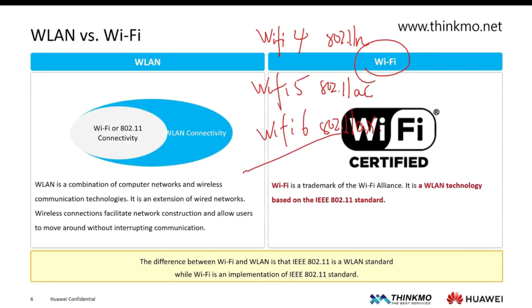What do they actually mean? Therefore, the naming method of Wi-Fi 4, Wi-Fi 5, and Wi-Fi 6 is easier for us to understand and use. So the term Wi-Fi is the one we use most often in our daily lives, and it has become synonymous